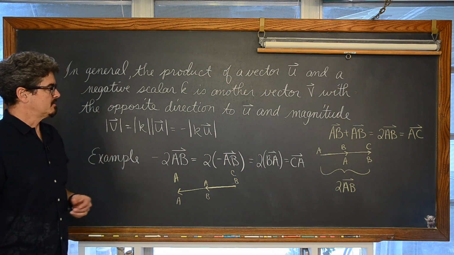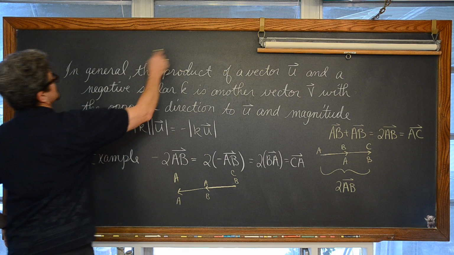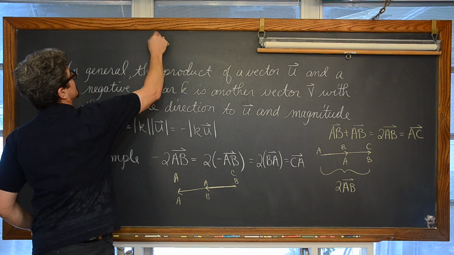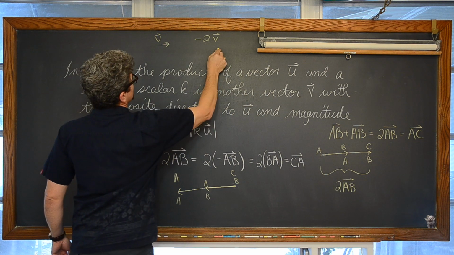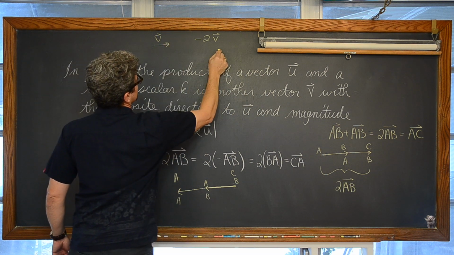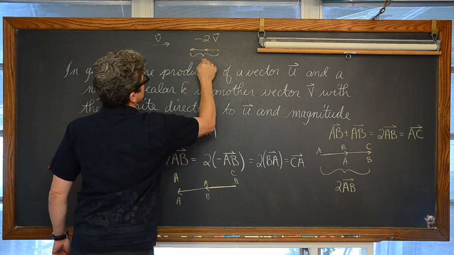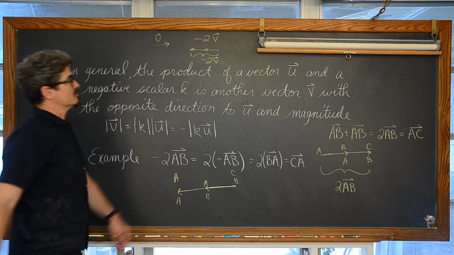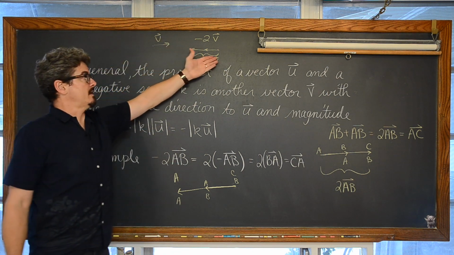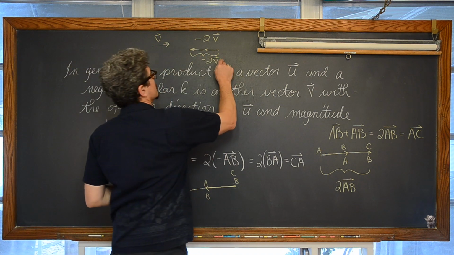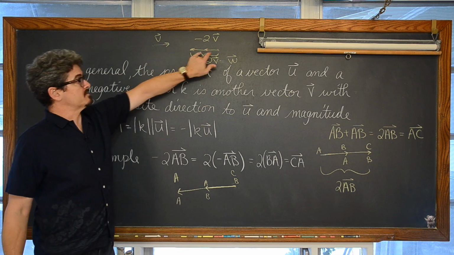So it all sounds really complicated, but like you saw me do on the graph paper, if I have this vector going this way and this is vector V, and I want negative 2 vector V, just go in the opposite direction. Instead of to the right, go to the left, but go 2 of those spaces. And this is negative 2 times vector V if this is the original vector V. And then we can give it another vector name to make it easier to differentiate this vector from this vector.